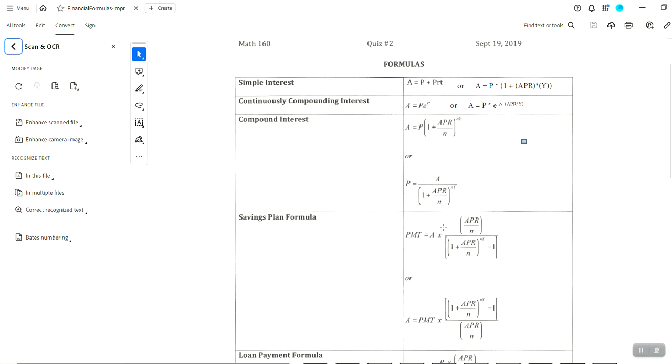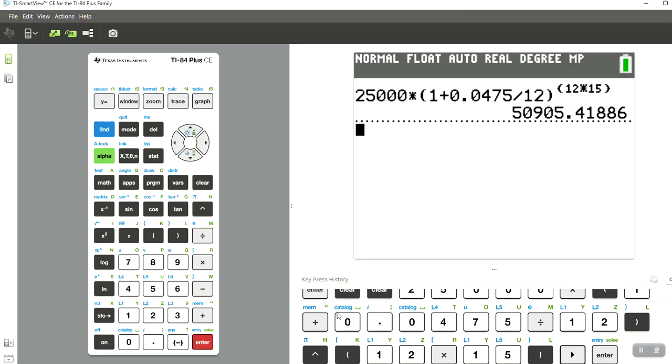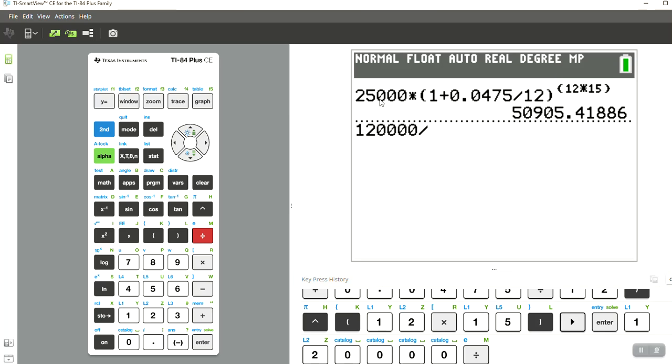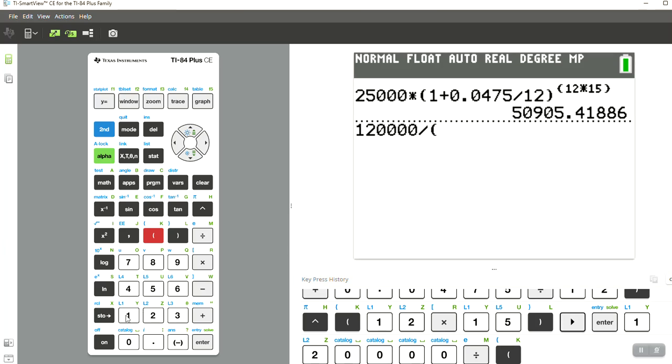Let's consider another problem where, let's say, you want the amount at the end of saving for a college fund for a student, where you start saving on day one when they're born, thinking that they will be going to college when they're 18. Let's say that we want this amount here, this A, to be 120,000. We're going to go back here to my calculator, and the formula requires a fraction where the amount you want in the account at the end is 120,000, and you have to divide that by the denominator. The denominator looks a lot like what was multiplied by 25,000 in the last problem. So I'm going to divide that by 1 plus